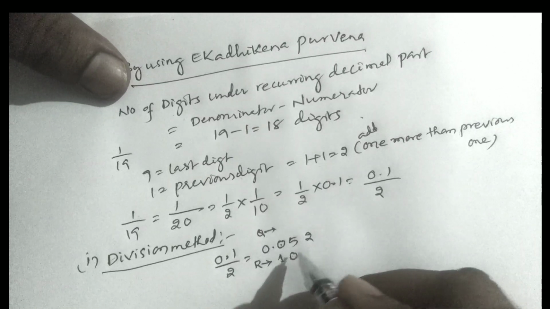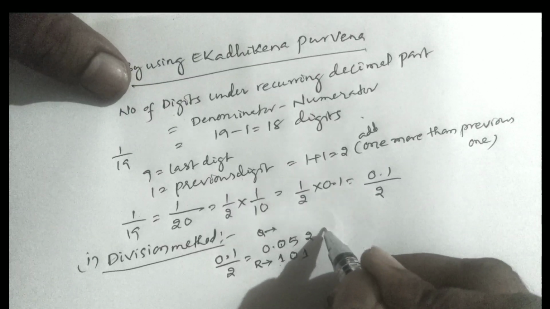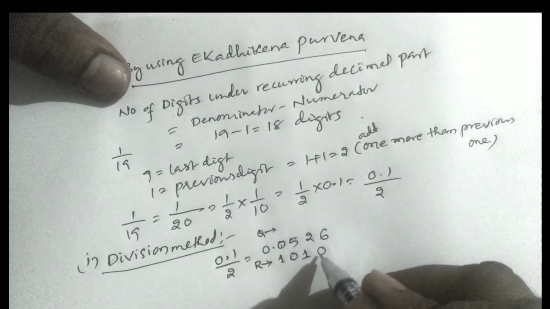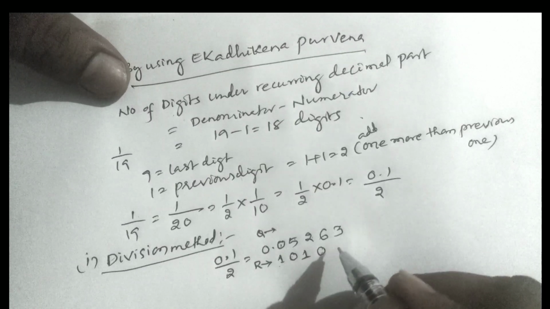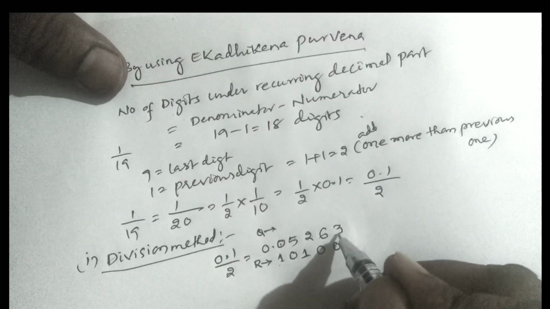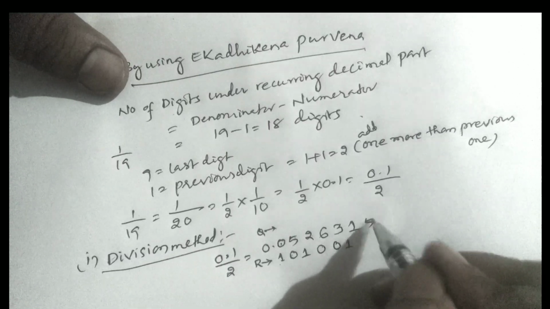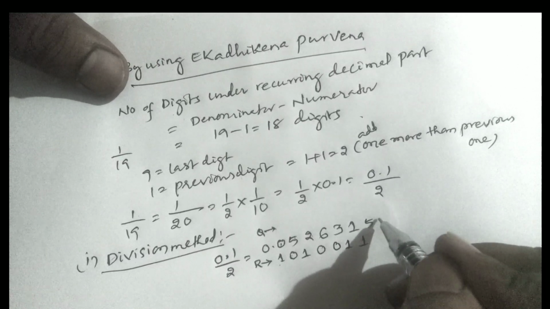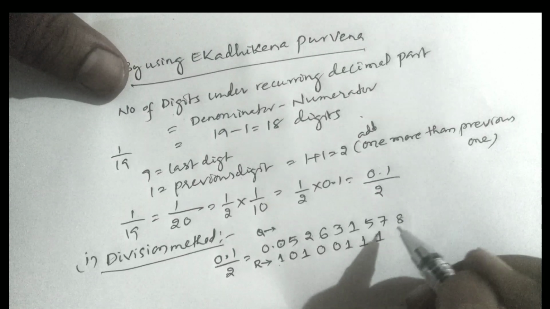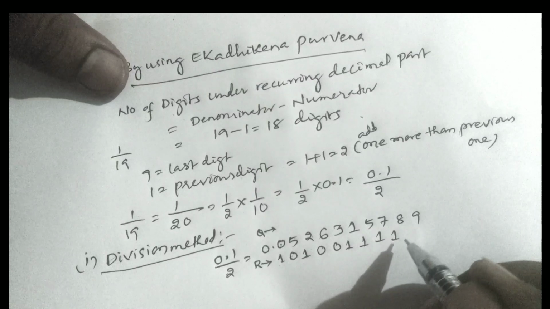2 times 2 is 4, 5 minus 4, the remainder is 1, quotient is 2. Now it becomes 12. 2 6s are 12, 12 minus 12 is 0, 0 is the remainder, write it downside. Again 6, 2 3s are 6, the remainder is 0. Again 3, 2 times 1 is 2, 3 minus 2, the remainder is 1. Now again 11, 2 times 5 is 10, 11 minus 10, the remainder is 1. Again 15, 2 7s are 14, remainder 1. Again 17, 2 8s are 16, remainder 1. Again 18, 2 9s are 18, remainder 0.